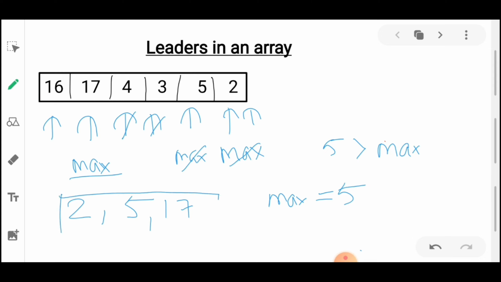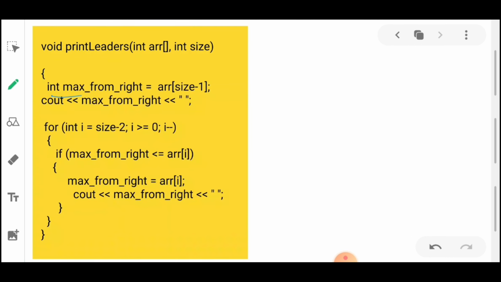So we have got the leaders in an array by this approach, by setting the maximum. Okay, so this is for storing the last element, and we'll print it, because our last element will always be our leader. And we'll iterate through this loop, and whenever we get any element greater than max, we'll change our max to that element and we'll print that, because the max will always be a leader.